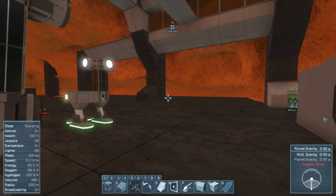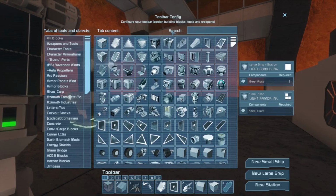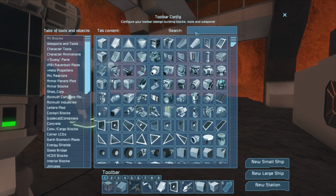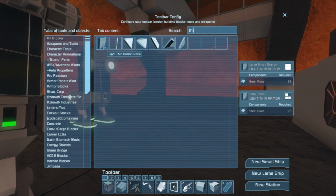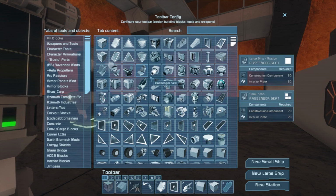Wait, Shiv, did you ever get a pipe? I did not get you a pipe, but I got you thinner materials. I got you thin blocks. Oh, right, those half slabs? Yep, and a bunch of other things. Is it called thin blocks? I don't know. Yeah, there are thin armor blocks, but...